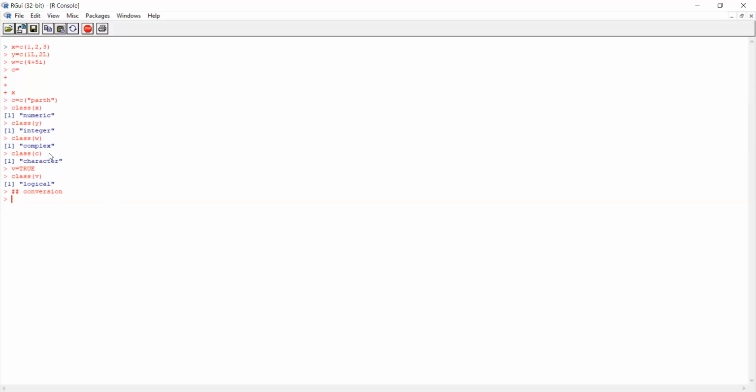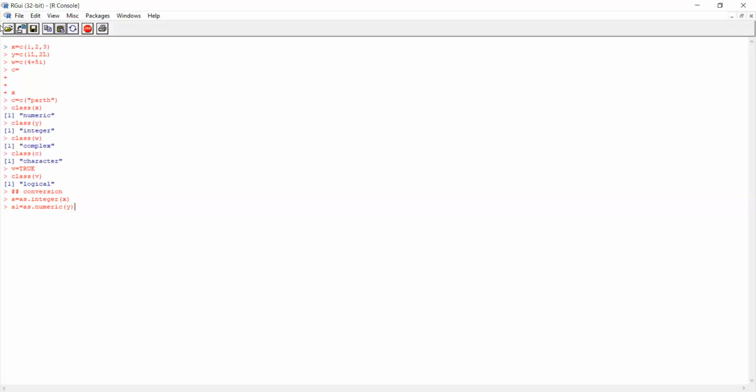So what I'll do, I'll assign a new variable, suppose a, and I'll use as.integer, and I'll write which variable I want to convert, the x. In a similar way, if I have an integer and I want to convert that variable into numeric, I'll use the same kind of command and assign a new variable, suppose a1, which will have the numeric value